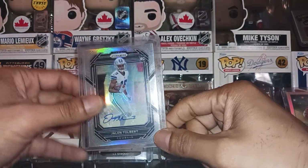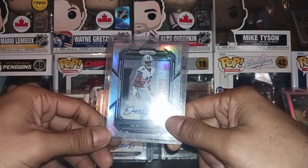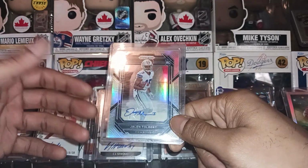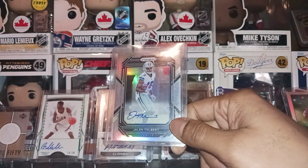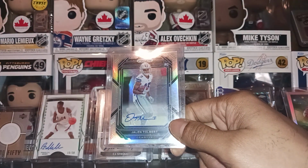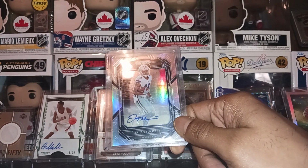All this stuff is for my Cowboys PC, of course. Even if he doesn't pan out, I'll be keeping this stuff regardless. So it's not like I'm going to make money off of this stuff. So we got the Jalen Tolbert Panini Prism rookie card. The only way I'll sell this stuff is if he ends up becoming one of those guys that we just